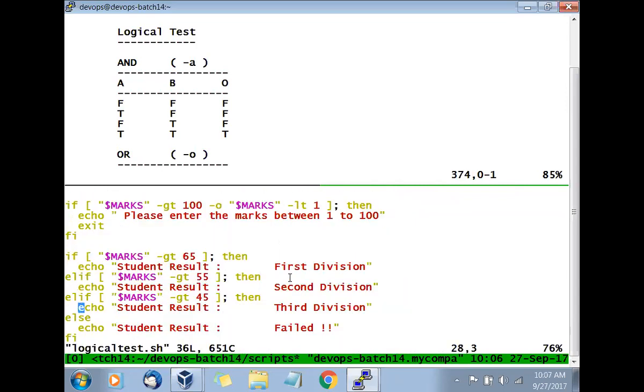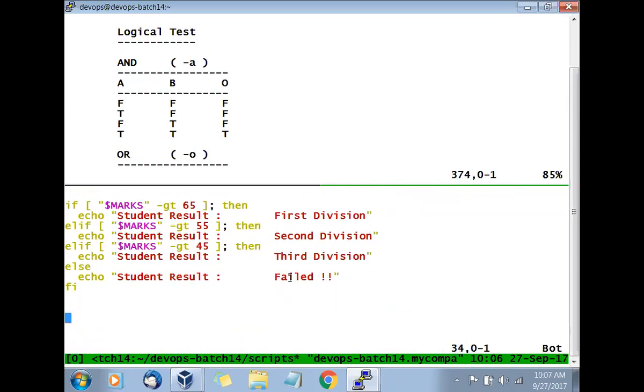We'll go with that. Now here we will put a good condition. If the marks are greater than 65, and if the marks are less than or equal to 100, right? So that is a condition. Same thing you can go with here.